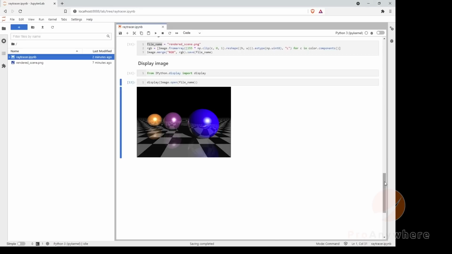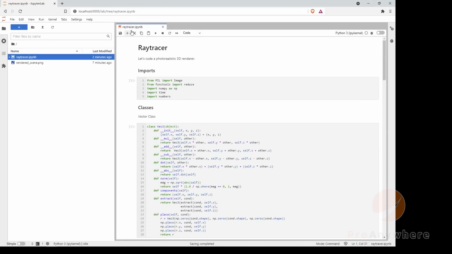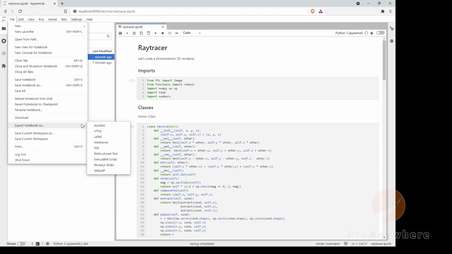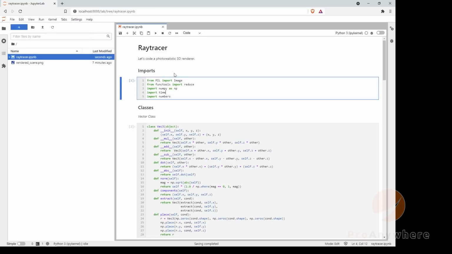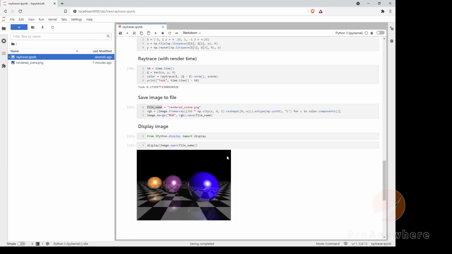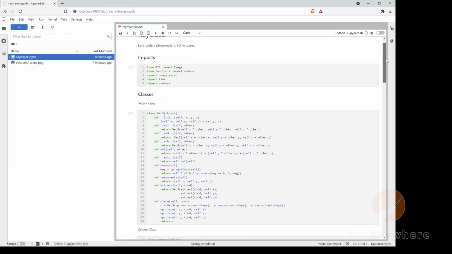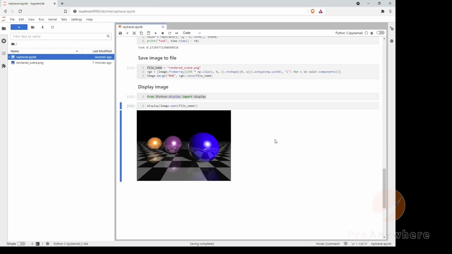One reason why we use JupyterLab or the Jupyter notebooks here is that once this prototype, this proof of concept, is done, you could save it, go to File, and then export the notebook as HTML, LaTeX, Markdown, PDF, or actual executable Python code. It will just comment out these things and it'll be executable. Extra things like that won't be affected in a real Python script. This is the display specifically in the Jupyter notebook